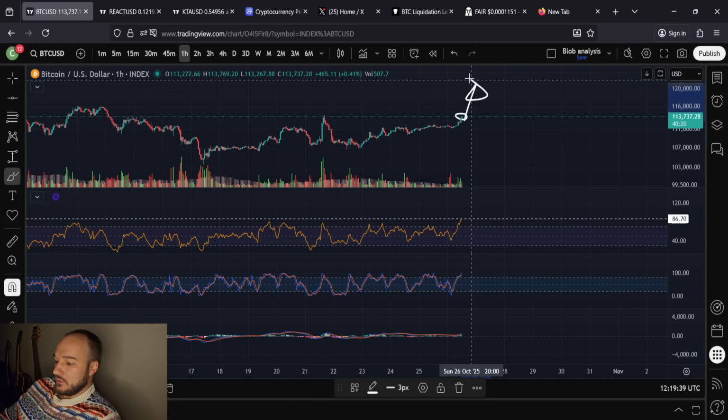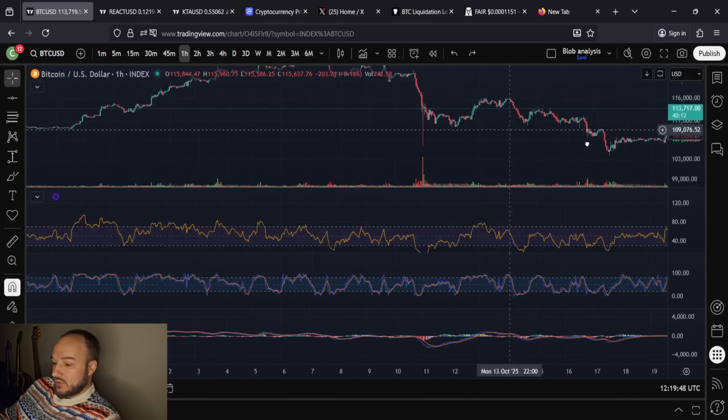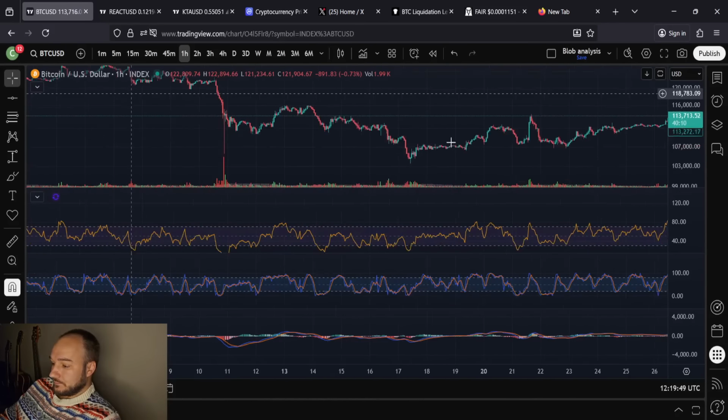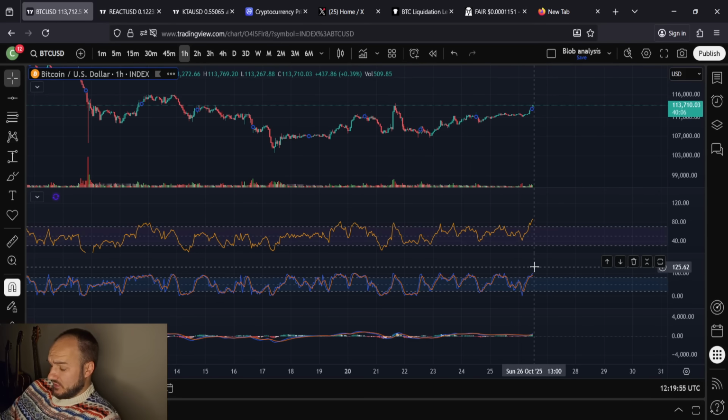It's going to continue. We're going to go higher. From now until the end of the month, we're going to go higher. That's what's going to happen. That was a week's worth of growth last time. That was a week's worth of growth right here. We've probably got at least a few days of growth, if not more. Something like that. Stochastics are looking good.